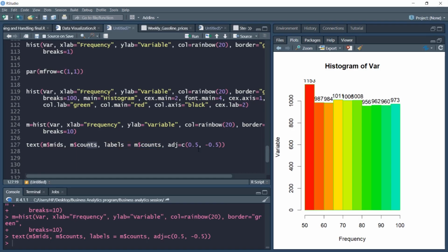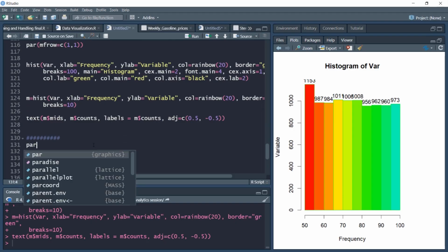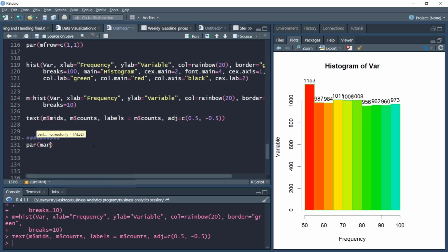Another interesting thing that you can do is plotting two different data or two different series on this histogram. Let's see how to do this. So again, we'll start by setting the margin. That is very important here because we are plotting two plots. We need to give sufficient margin. So we'll use this par(mar = c(...)). I will slightly adjust the margin. You can play around with these numbers to see how it fits in your case. So I'm setting the margins of the plot.